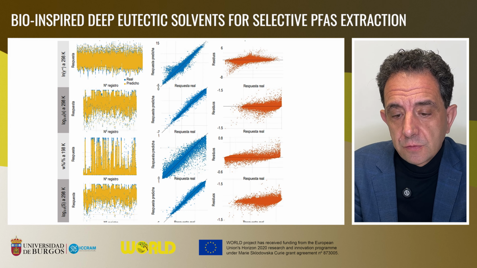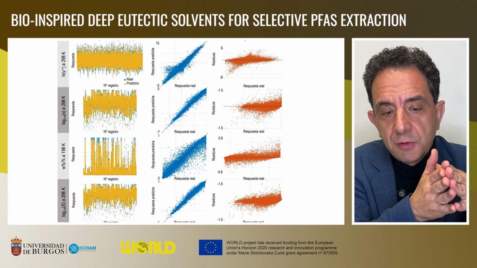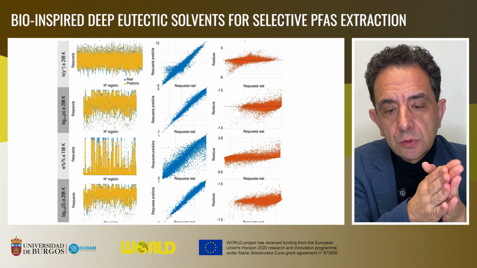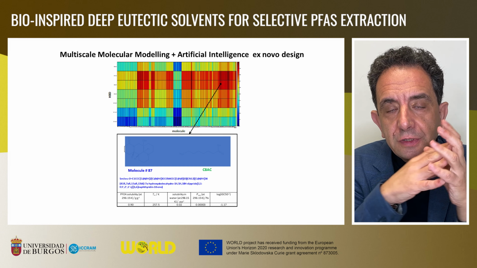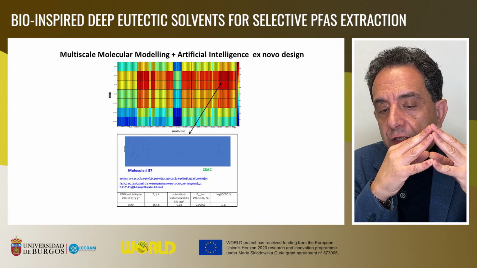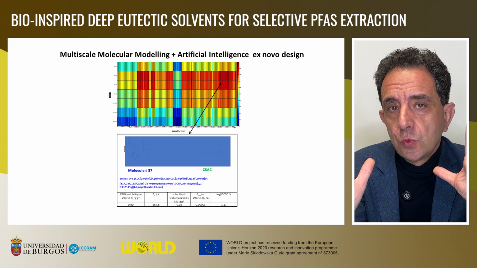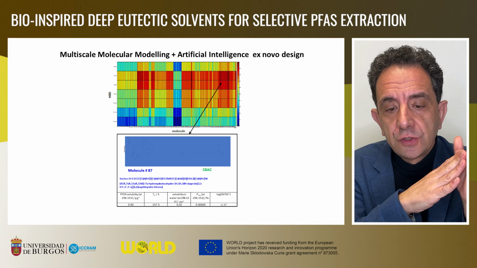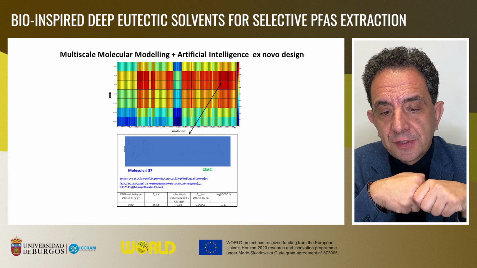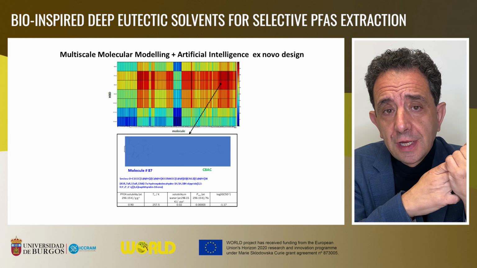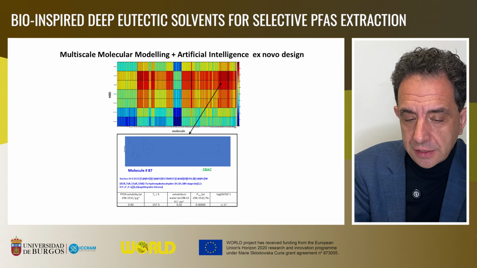removal. These compounds are able to be used in different kinds of conditions. Our artificial intelligence model predicts the most suitable condition for extracting the compounds from water phases, and this allows us to develop a final optimal solvent with this combination of multi-scale molecular modeling and artificial intelligence, a totally new solvent designed from the waste coming from the work project and the natural compounds that we have screened using this theoretical approach, in which the extraction of the PFAS compounds, the large diversity of PFAS compounds, is larger than 99%